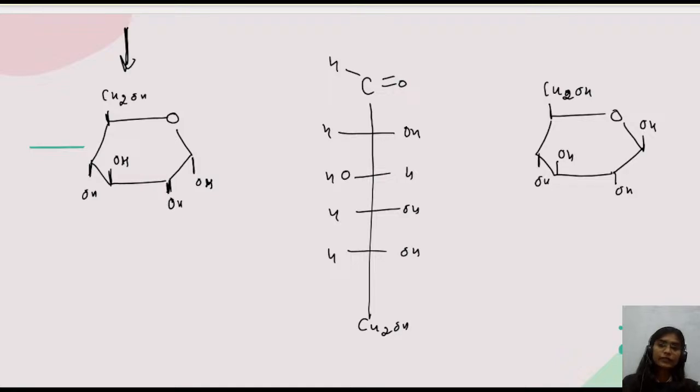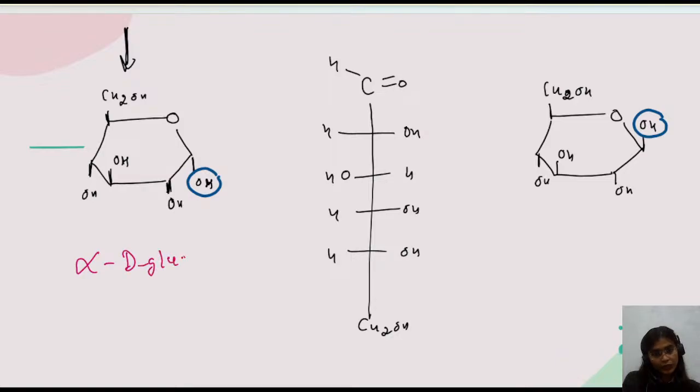Yes, Ambika, it's alpha form, right? In this case, if you're observing, recall the right-hand side: OH is present down here, and OH is present above there. So it's alpha, and the next one is beta. Then let's write the name here. So it is alpha